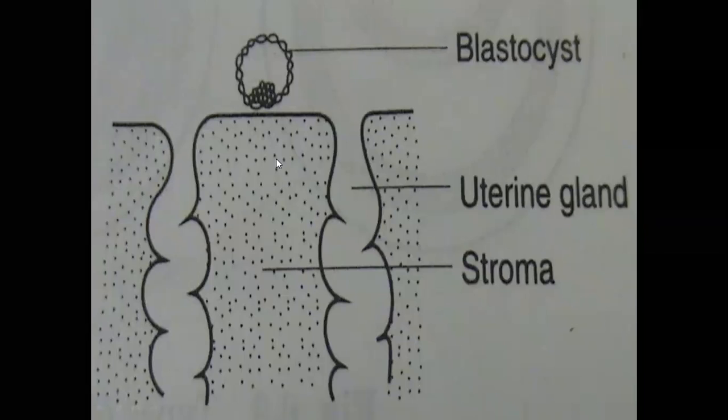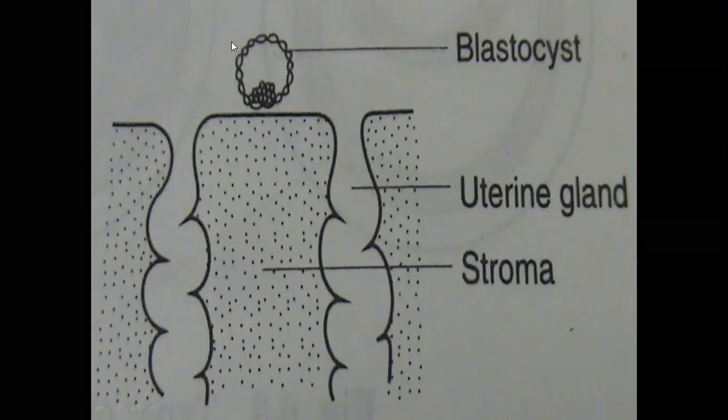If you remember, I told you about the zona pellucida. Before it reaches the uterine cavity, the morula is surrounded by zona pellucida. First the zygote is formed, surrounded by zona pellucida. The zona pellucida prevents the sticking of the morula to the uterine tube. Later, due to the effect of the enzyme trypsin, there is degeneration of the zona pellucida. Once the blastocyst enters the uterine cavity, the zona pellucida disappears.